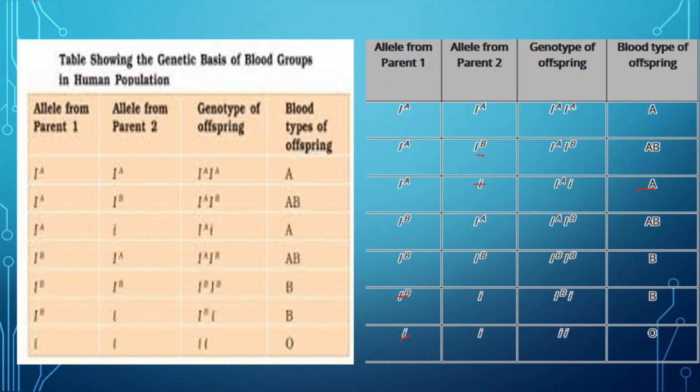But when two types of alleles, that is both the dominating alleles, IA and IB, come together, then a new type of blood group arises, that is AB. So here we can see these two alleles are responsible for giving rise to the new type of blood group, AB, and this is the example of co-dominance. And when both the recessive alleles come together, then the blood group is O. In this way, humans have four types of blood groups, and this is the example of co-dominance and also multiple allelism.